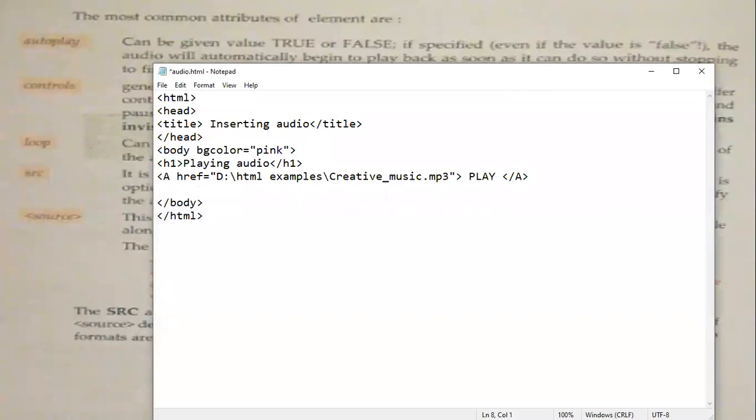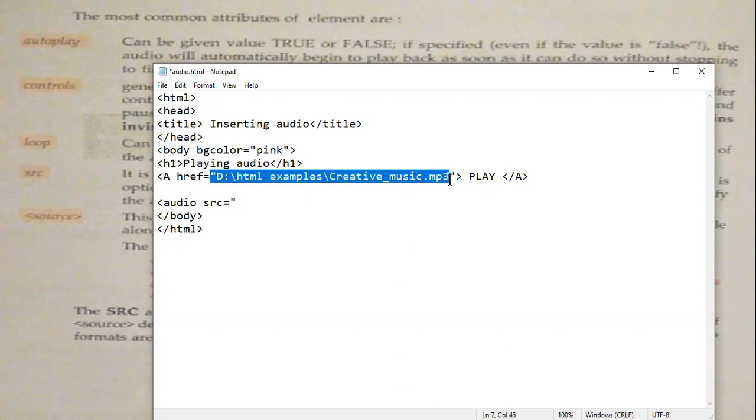See, in the same coding, what I can do, audio, controls. Okay, I am telling you both the methods. Audio SRC is equal to the same source.